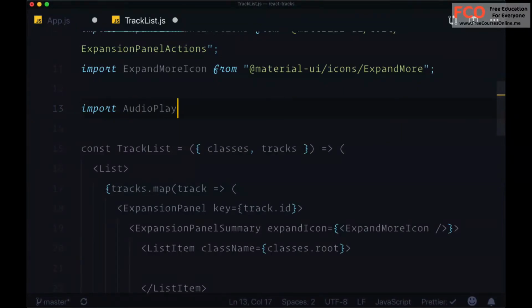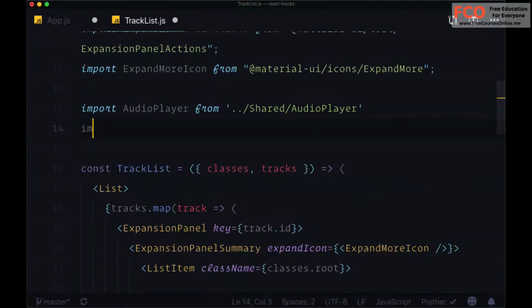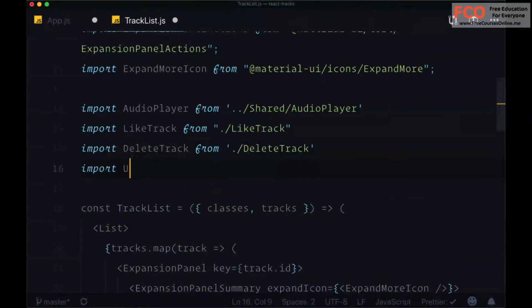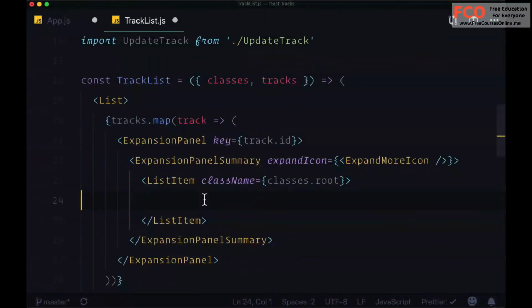We'll import audio player from our shared folder, from /shared/audio player, then like track from /like track, import delete track from /delete track, and import update track from /update track. Right now we're not going to pass any information to these components, we're just going to display them with their default text. So within list item add like track,